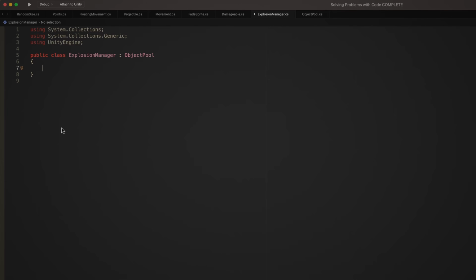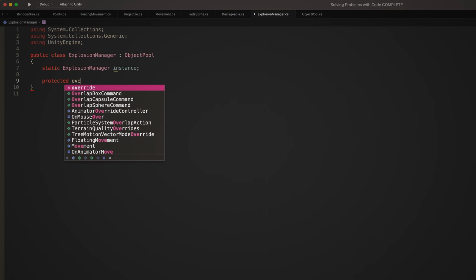And here's why I want to do that. I want to be able to call explosions from anywhere without having a connection to it. I'm going to create a kind of singleton, but I'm going to do it in a slightly different way. So I'm going to have a singleton instance, a static instance, and I'm going to do the normal singleton thing, which is where in awake